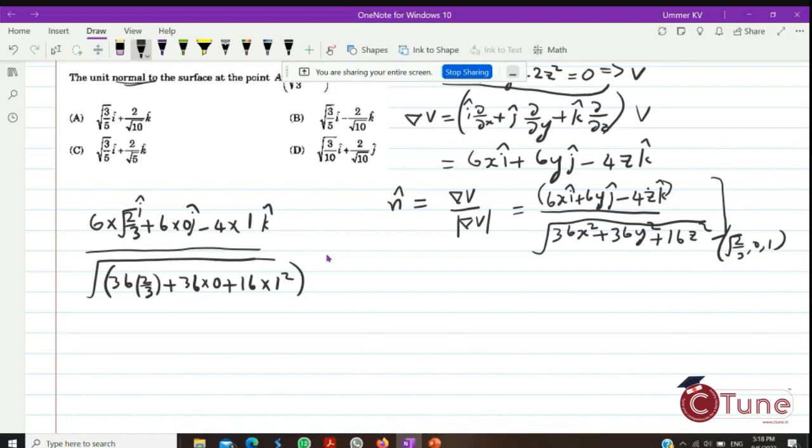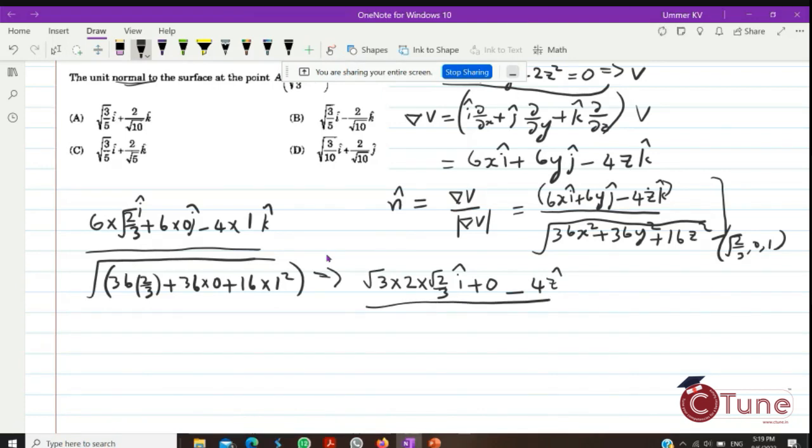Okay, so you can do this calculation. I'm not spending much time on this. This is very simple, just algebraic summation and so on. So you can get the answer. Just tell me how much you will get. So square root of 36 equals 2 into 3, that is 3 by root 3, that is root 3. So square root of 3 into 2 by 3 i cap, right, plus 0 minus 4 k cap divided by